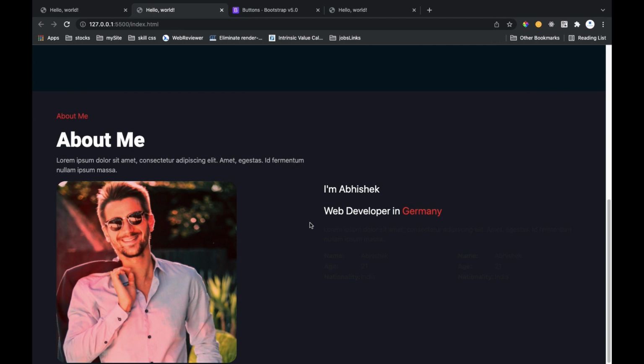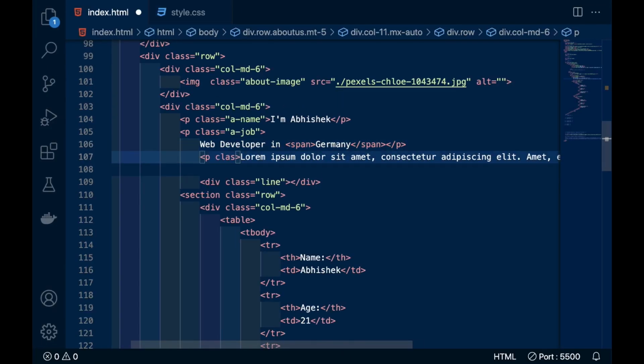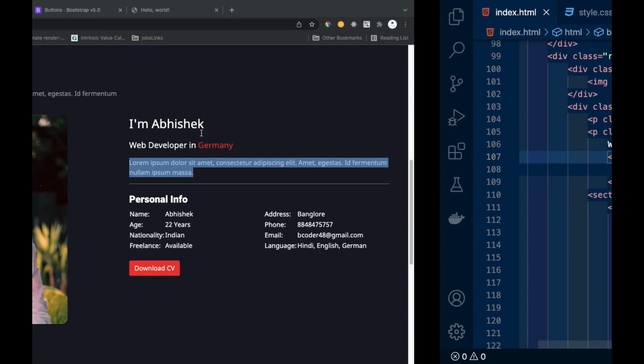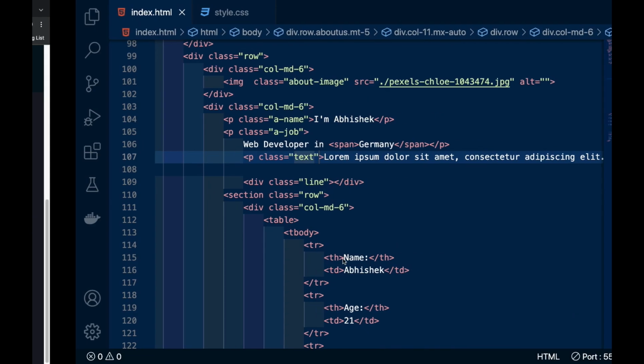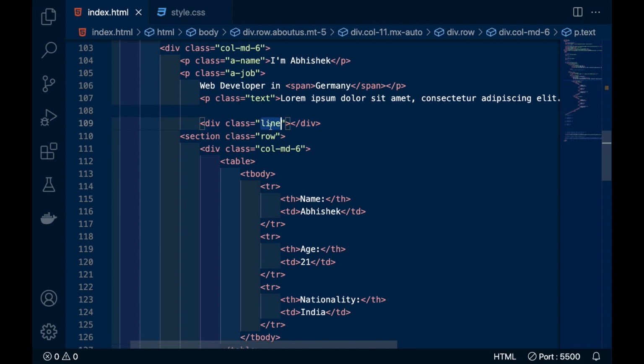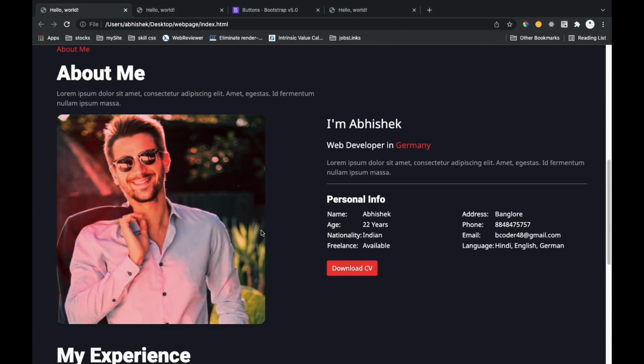So here you can see now there is a text. For this I will write the class text which we have already defined, and you can see this one, and below that there is a line I have written. So this line is a horizontal line of width 100% and height will be 1 pixel, so it is looking like a line.